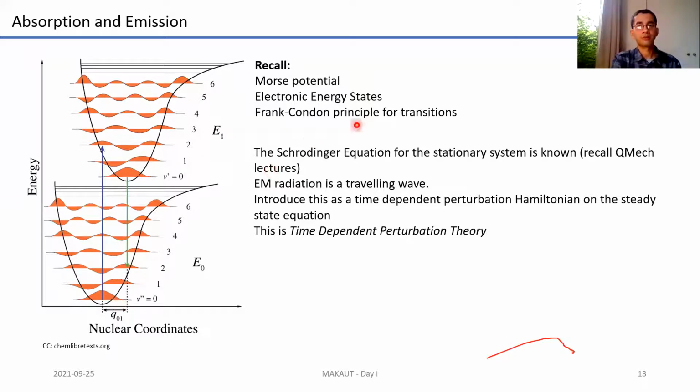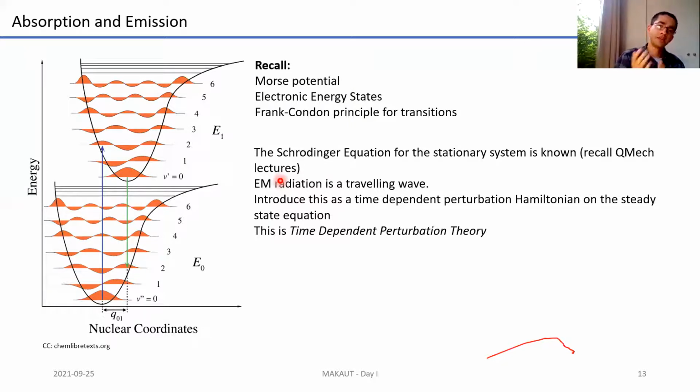A little bit more on this. I've spoken about the Franck-Condon principle. My apologies, this slide has quite a bit of text. The way one would want to do this is to set up the Schrodinger equation for a stationary system, which is the system at equilibrium. You know that electromagnetic radiation is a traveling wave, so you set up the Hamiltonian in that way. For those of you who are aware, the Hamiltonian is the operator that you apply on the wave function to find out energy. For those of you who are not aware of this, my apologies, but do go back and read up a little bit on this. If there's anything you would like to know, do send me an email and I'd be happy to help you.